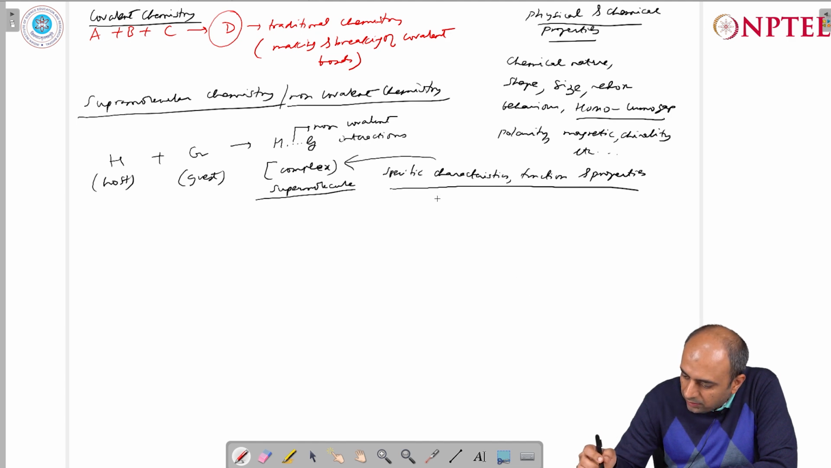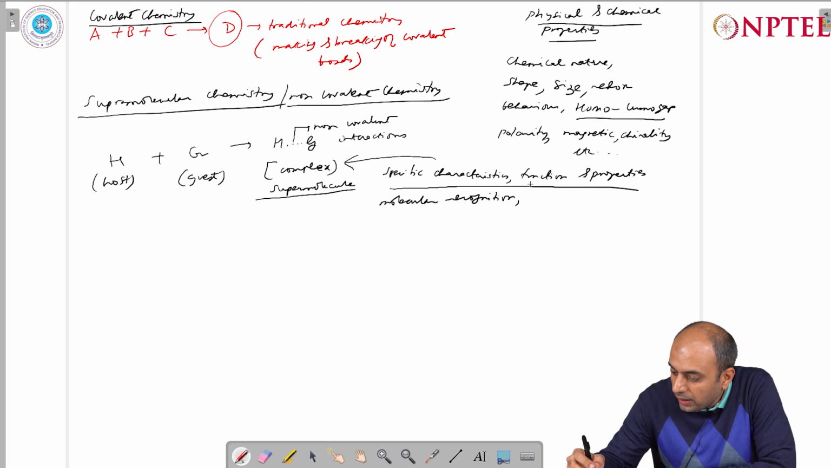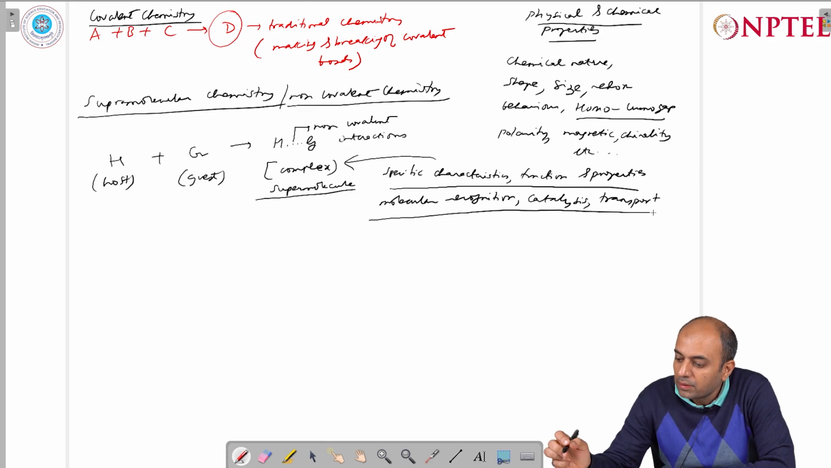And why are we interested? Because we are interested to know the events of molecular recognition, and this is supposed to have applications in catalysis and transport to start with. So catalysis is an important function and transport is also a very important property. So different kinds of molecular recognition characteristics can decide the function and the properties of these